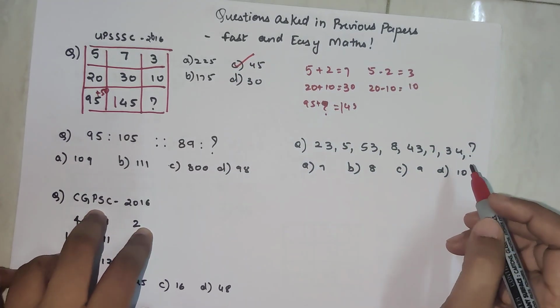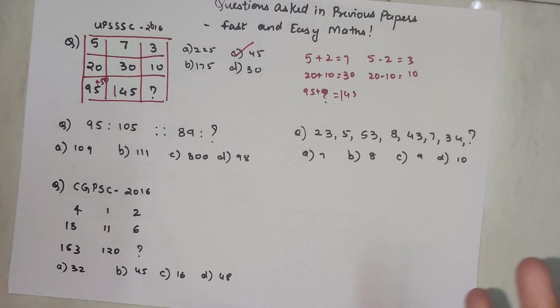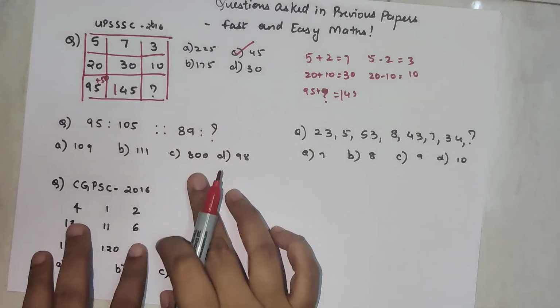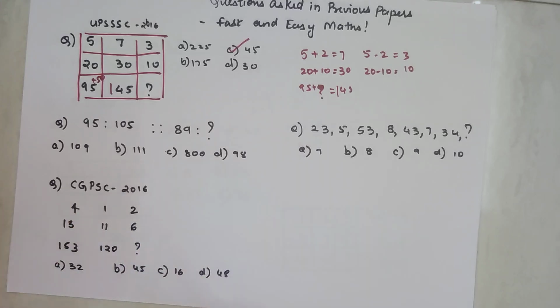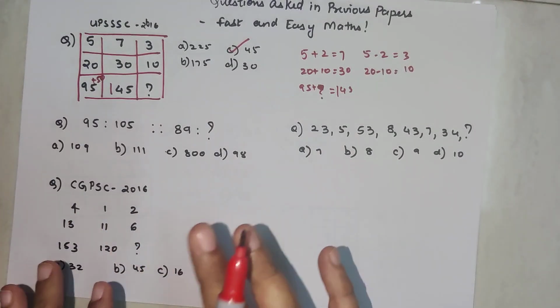45. Okay, students, a lot of times the questions look very simple, but when you look at your options, you do not get any of those answers in your options, and that is the time when most of my students panic. So this is one of those questions. Please understand, it's very simple. You do not have to panic when these kind of questions come.